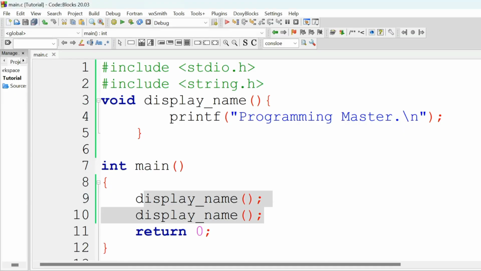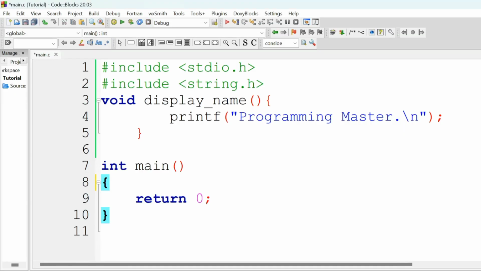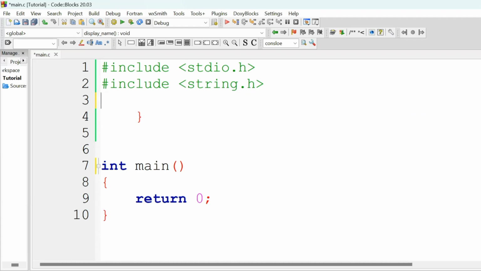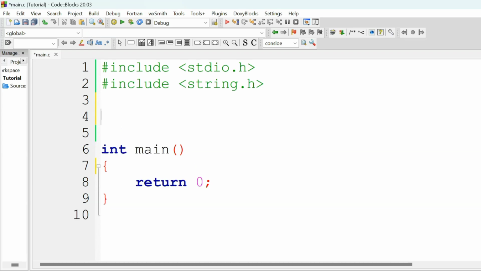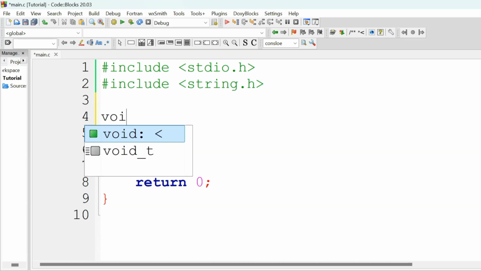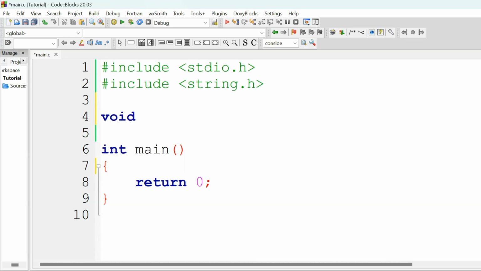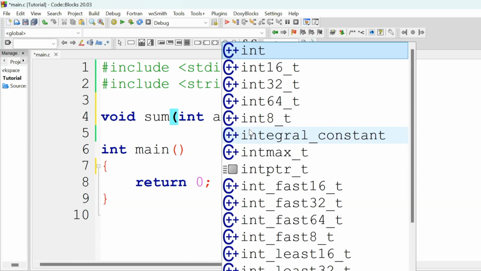Let's define another function to sum two numbers. So here above the main function, define the function of type void as it will not return any value. Name this sum and give this two parameters, int a and int b.